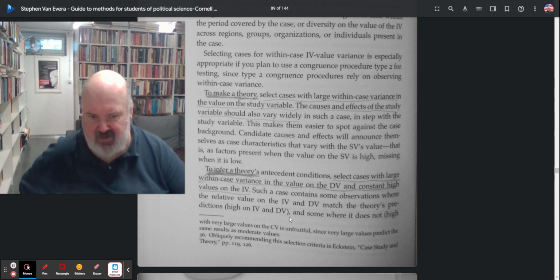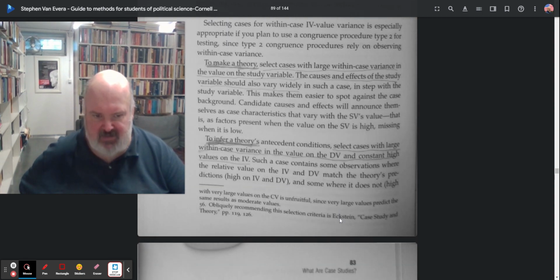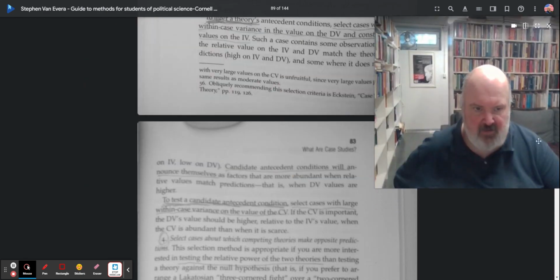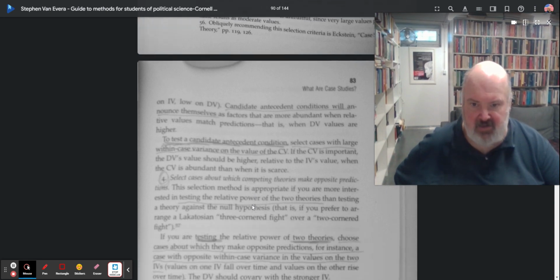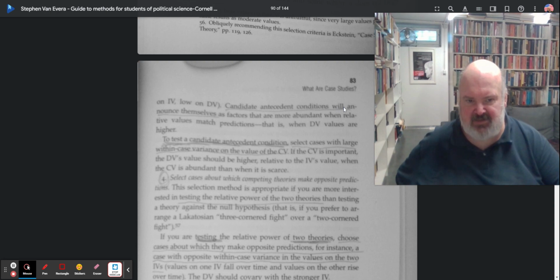High on the IV and DV, and some where it does not. High on the IV, low on the DV. Candidate antecedent conditions will announce themselves as factors that are more abundant when relative values match predictions, that is, when